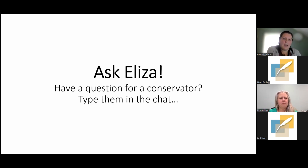All right, and then next question from Lindsay is, what is a good way to preserve or stabilize books that are missing just a front or backing board or both boards? If you can cut archival board to the right shape and stick it in there. So let's pretend this front cover is missing, and let's pretend that this is archival board. I would just cut a piece and then put it in place,